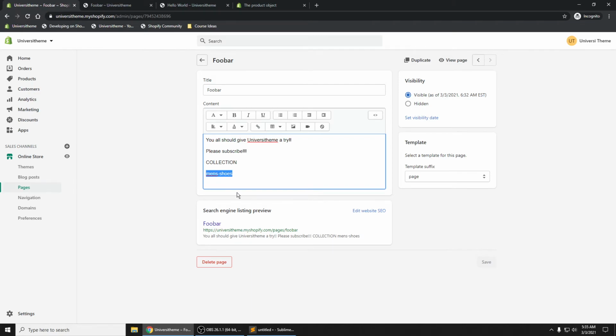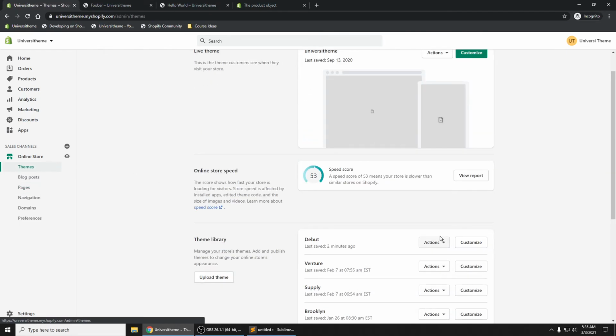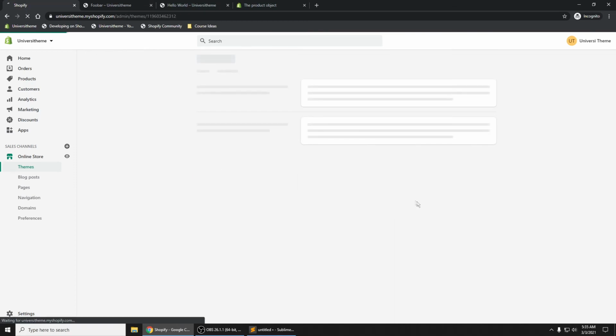Meaning that you can have many pages, and each one of those shows a different collection of products. And it wasn't that much code. All we had to do is make sure that we come up with some sort of convention right here. So we have a convention in our contents. And then in our code, edit code,